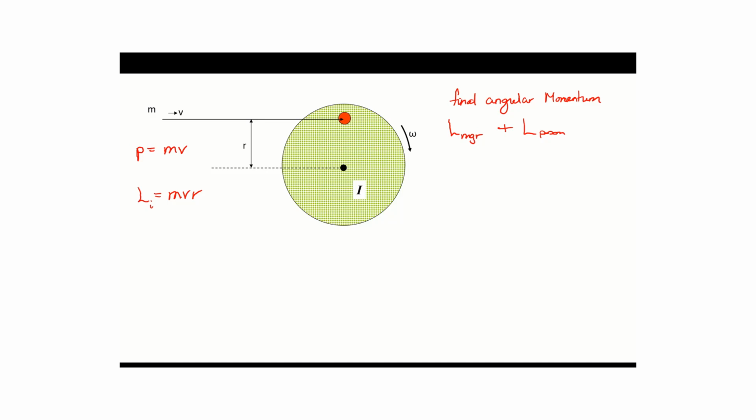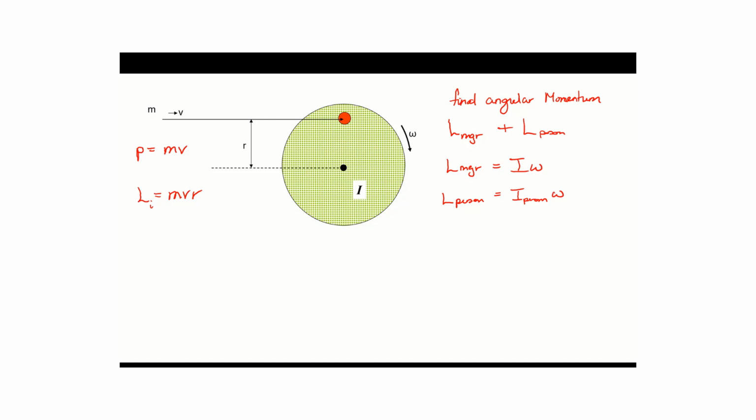So we're going to have to add those two together. Now, the angular momentum of the merry-go-round will equal the inertia of the merry-go-round multiplied by its angular velocity. But what about the person? Now, the angular momentum of the person will equal the inertia of the person